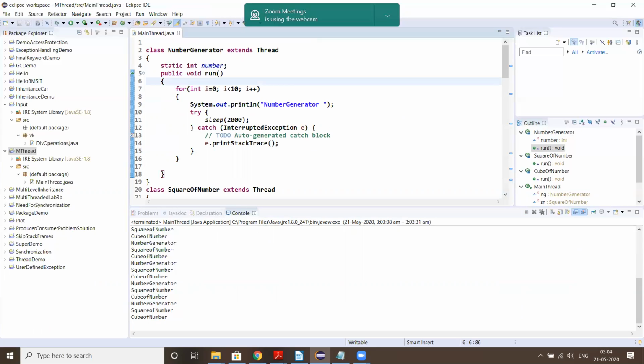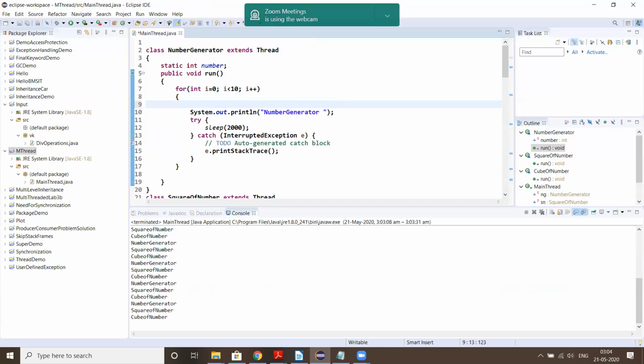In this case, we already have a data member called number. We need to create an object of type random. I need to import this package.